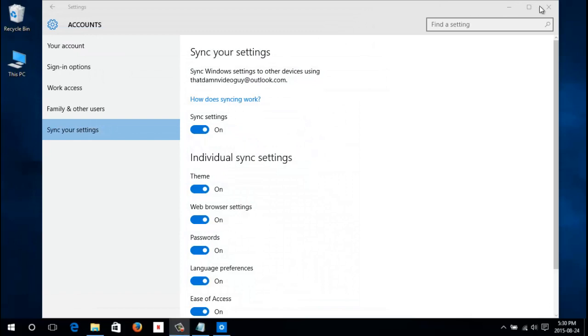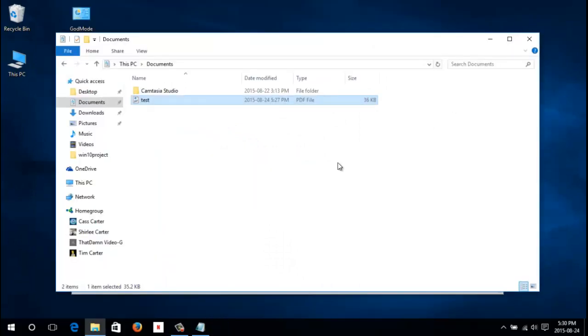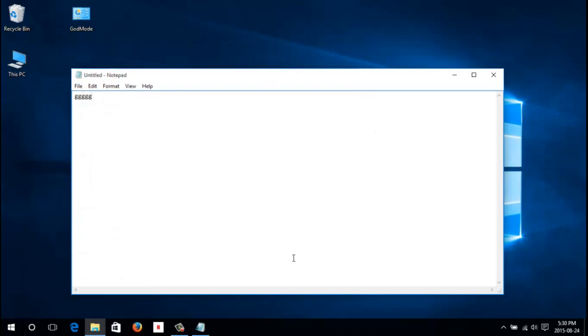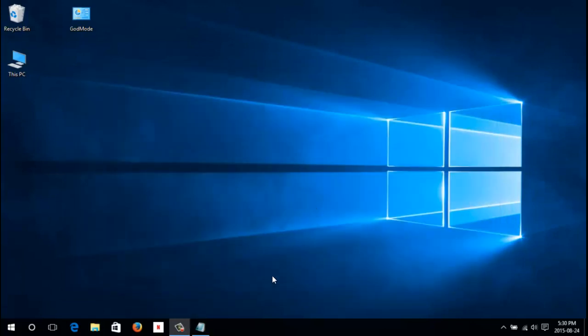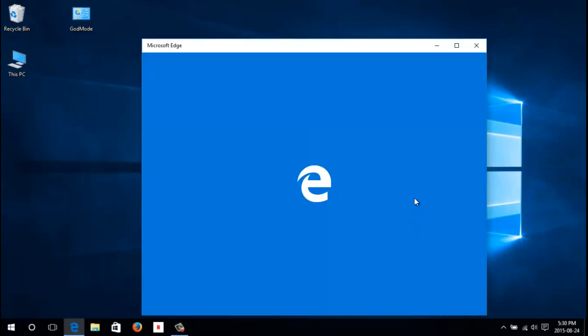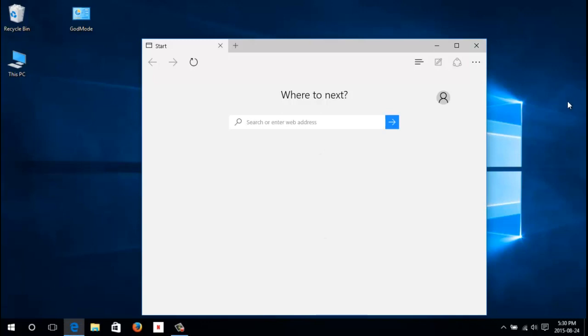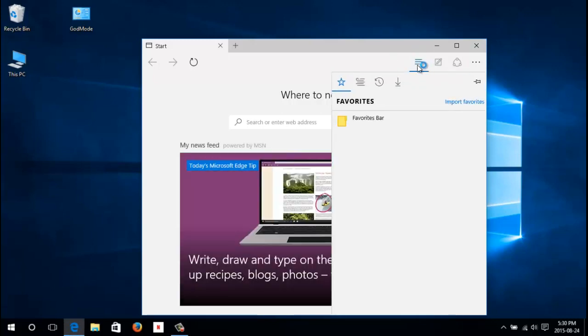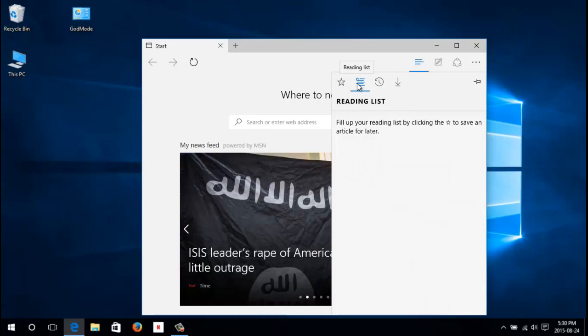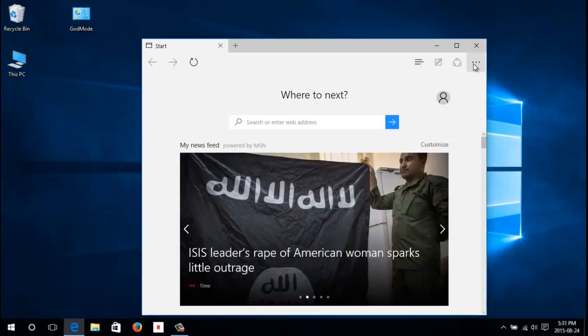Let me close this here. And let's just open Microsoft Edge here for a minute. And it does have some neat features. So this is much better than Internet Explorer ever was. So if you click here, you have your favorites. You have a reading list, so you can add things here to a reading list so that you can read them later. Okay, now let's click over